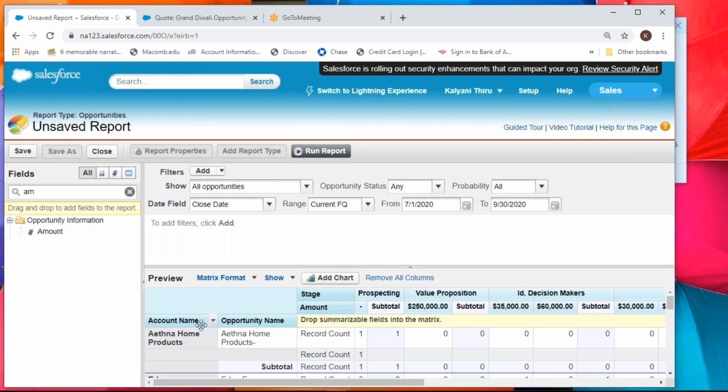The first grouping on the row is account name and the second is opportunity name. On the column, the first grouping is stage and the second is amount. So when I run it,